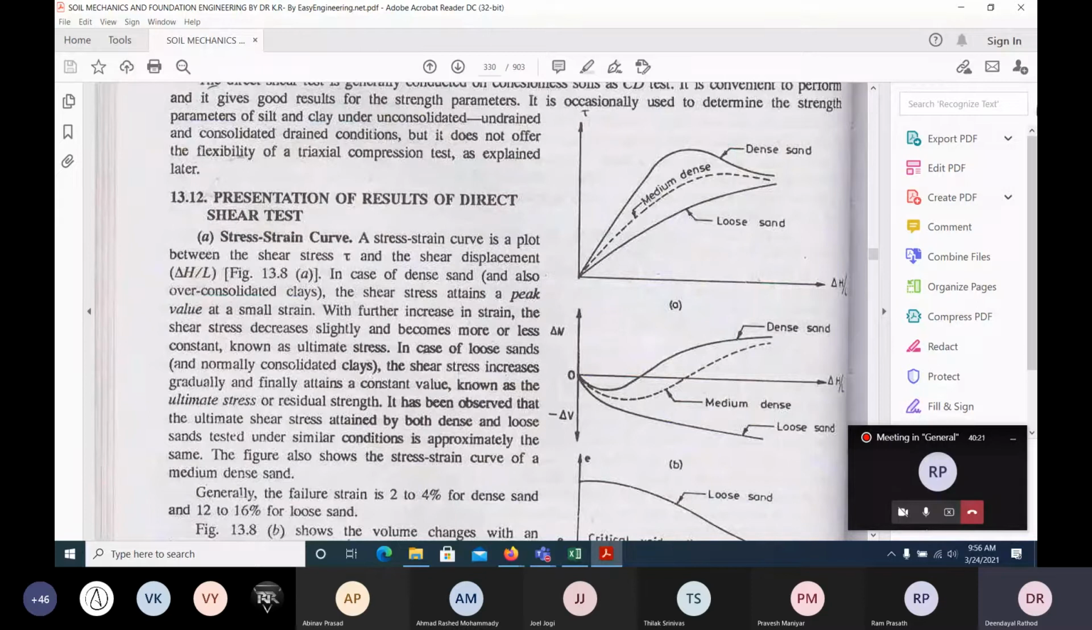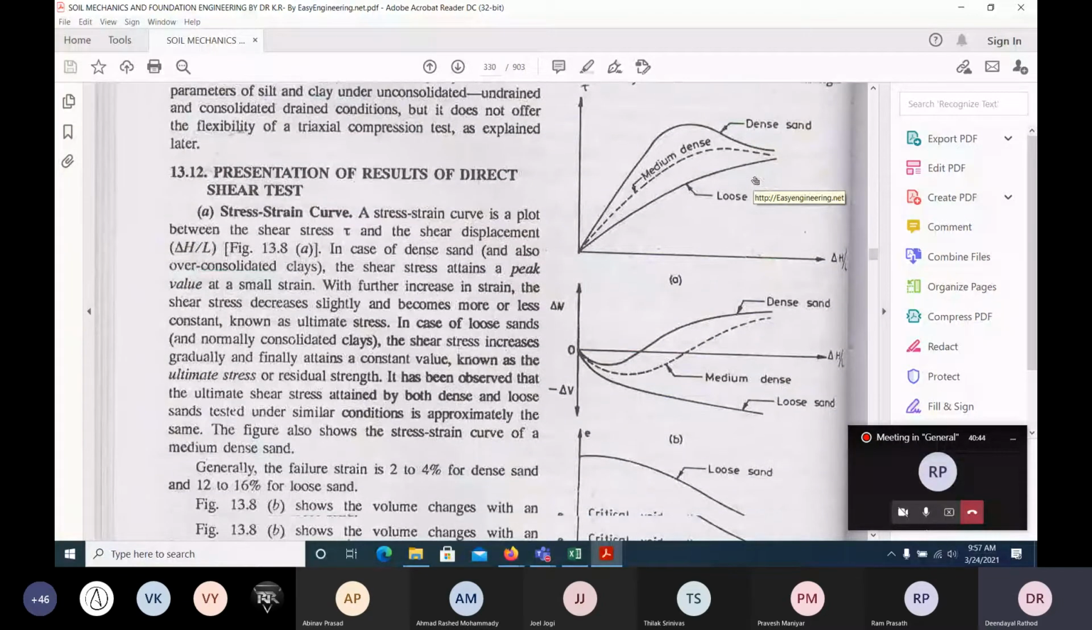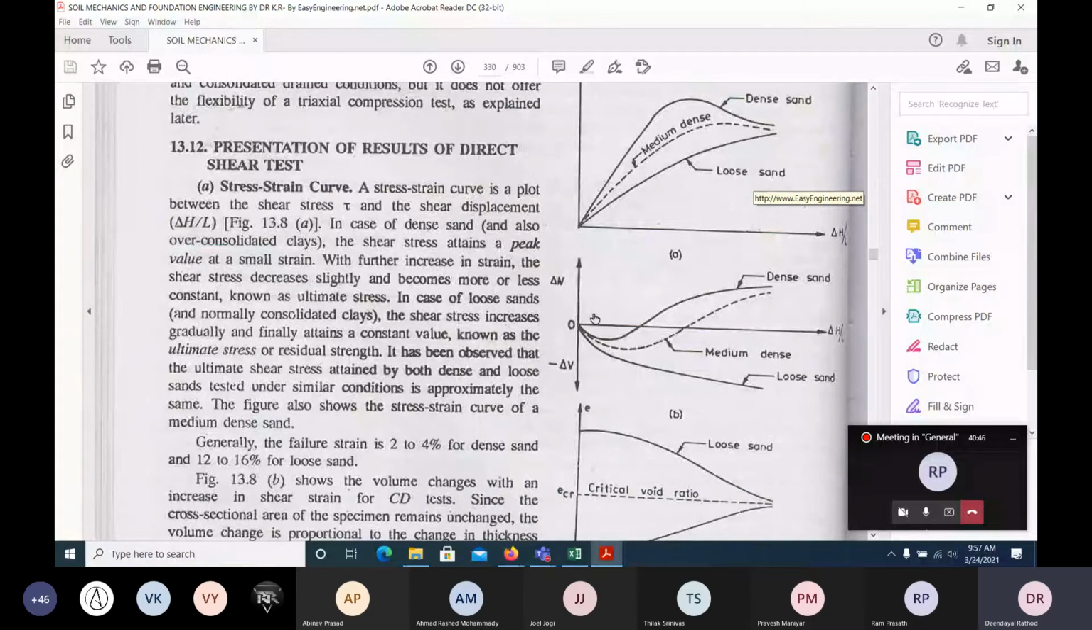When you try to draw it, you could find that dense soil will have a peak like this, but loose soil will follow like this. So these are the research outputs of this Mohr-Coulomb, this Mohr fellow only. He has done all these tests and he says this is the medium dense. Likewise, when you draw this particular B part,